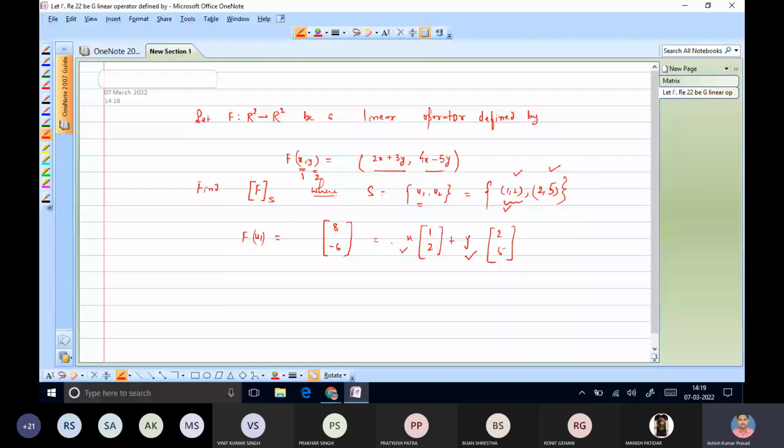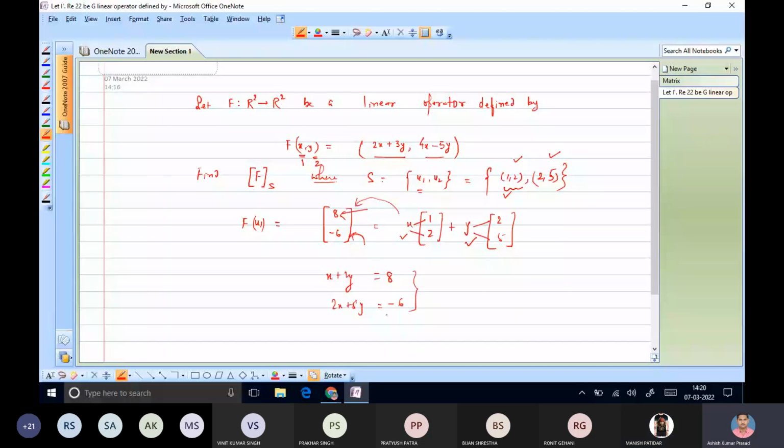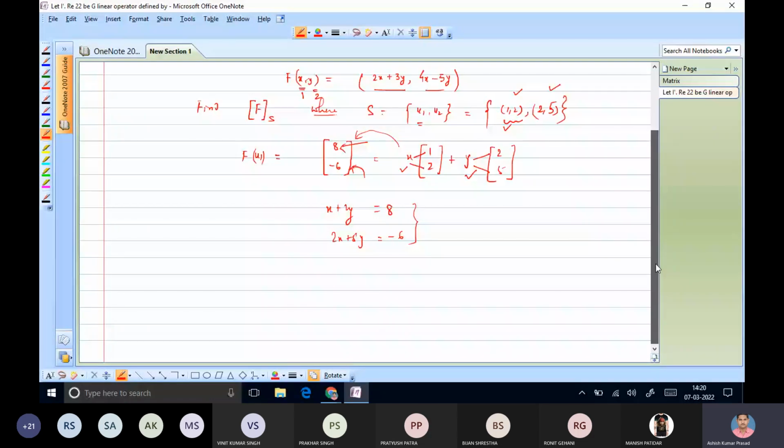How will you solve this system of equations? Please tell me. We can substitute values. No, don't do that, because you are now in BTech courses. Don't apply methods which were taught to you in standard 8 or 9. You just apply Gauss elimination or the Gauss-Jordan method, right? So now you form